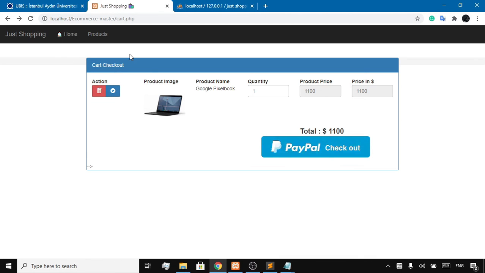Recheck this again. Yeah, as you can see, here is my cart checkout page. Here you can see the product image, the name, the quantity, the price, and the pricing. This is the panel, the header, the footer. I adjusted all of the placement to look like this. Now, if I want to press here,